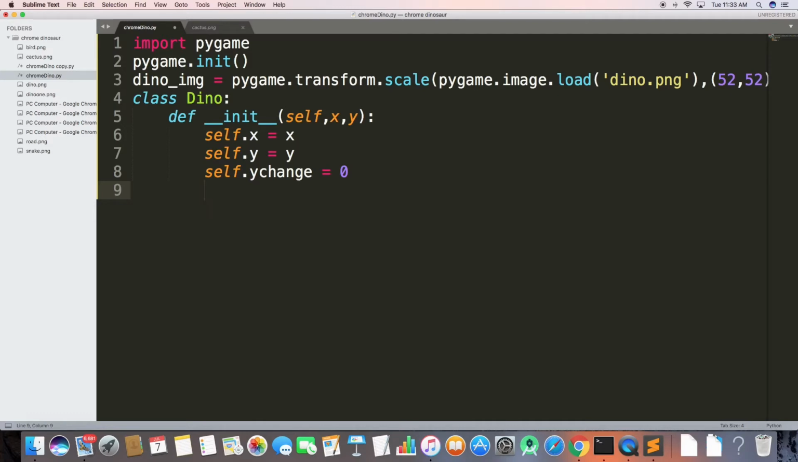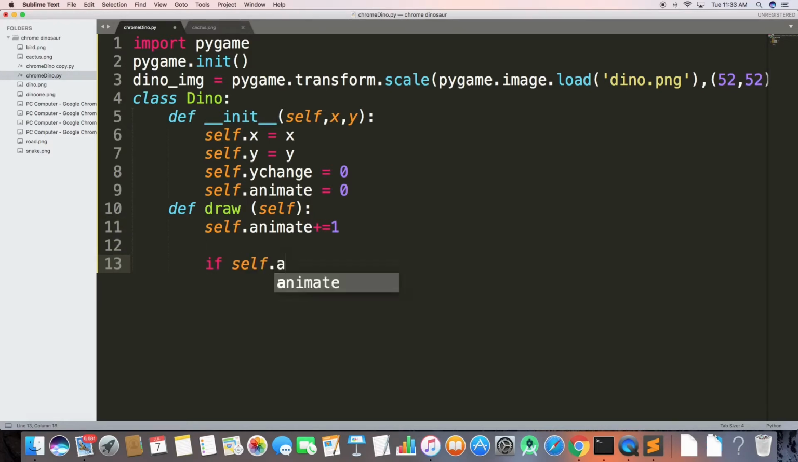And do I need to add any more thing here? Let's create a def function for drawing it. So let's pass self. Yeah, I need one more thing here: self.animate equals 0. Why I'm using the variable animate here is because I'll be calling the draw function and incrementing it by 1. If self.animate is less than 5, I'll